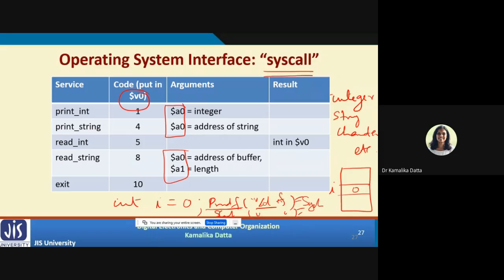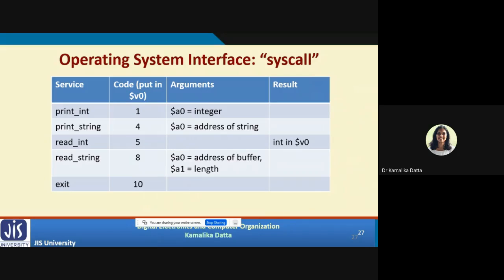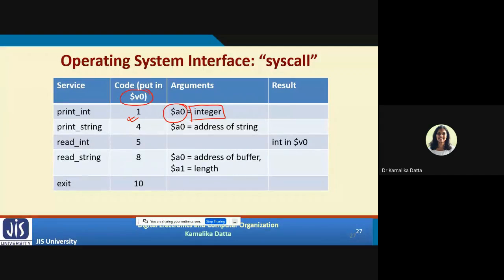Similarly, in MIPS, this is how it is done. If you want to print an integer on the screen, let's say you have a value which you have initialized with .word, sum, some value. Now you want to print that value. For printing that value, in $a0 you have to put the integer, and the code 1 in the $v0 register, and then only it will print. There are certain instructions to load 1 in $v0. We will look into that. But for now, you understand that for the computer,